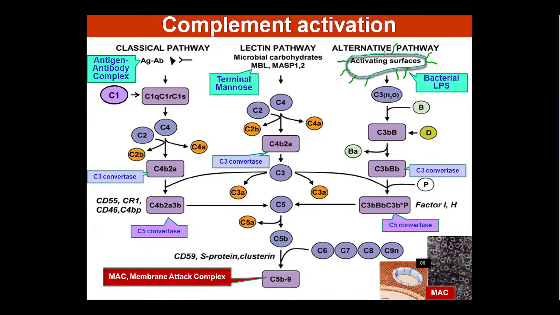The third pathway is the alternative pathway. This alternative pathway ignores the presence of C1, C2, and C4, but involves in the process of activation the complement proteins B, D, and P. What has happened? Usually in normal life, the C3 molecule of the complement system, after finishing its molecular life, starts to be degraded by enzymes, and C3 is subdivided into C3b and C3a molecules. Usually very quickly these molecules